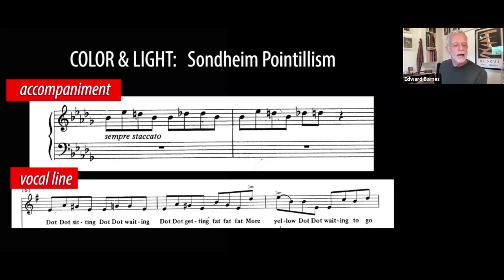So you have dot, dot, sitting, dot, dot, waiting, dot, dot, getting fat, fat, fat, more yellow, dot, dot, waiting to go. So it's all pointed with words, syllable by syllable, the exact same way.